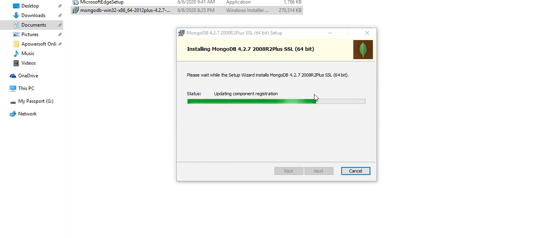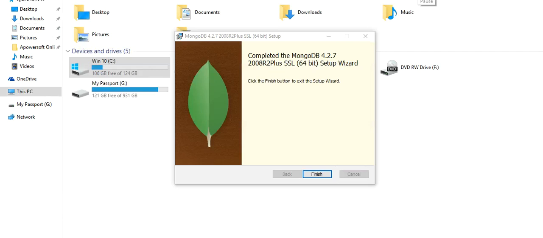It is installing MongoDB on the path which I have mentioned previously.